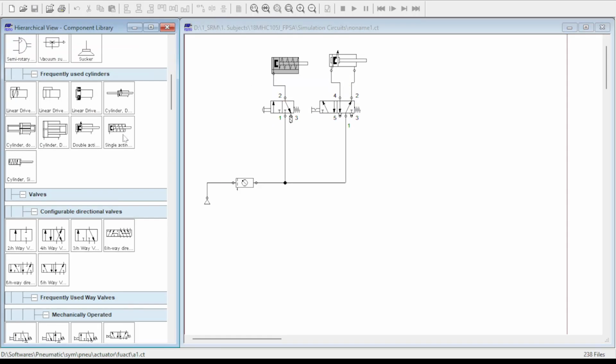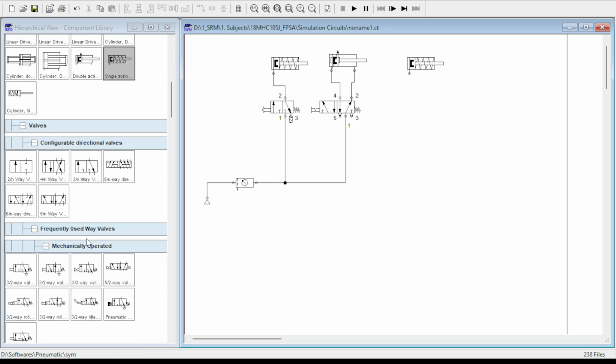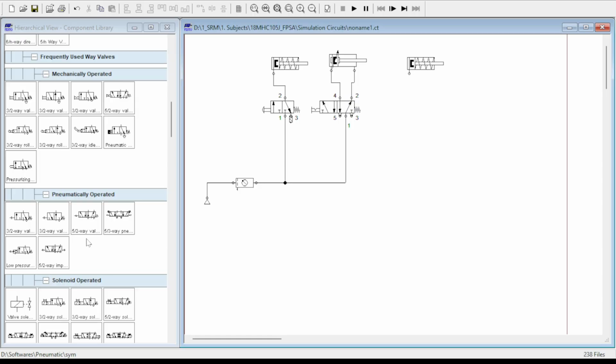So for that reason, I'll again take a single acting cylinder here. I will take a pilot actuated DCV, which is a 3x2 DCV. So I'll take a 3x2 pilot actuated spring return DCV here.